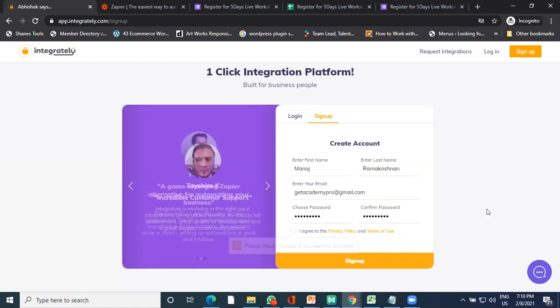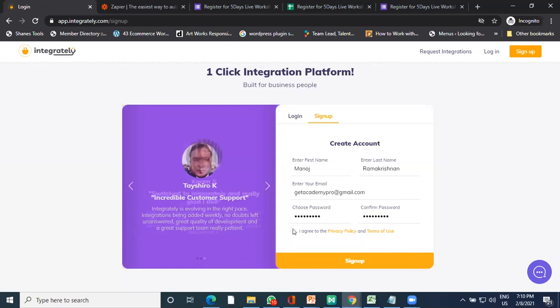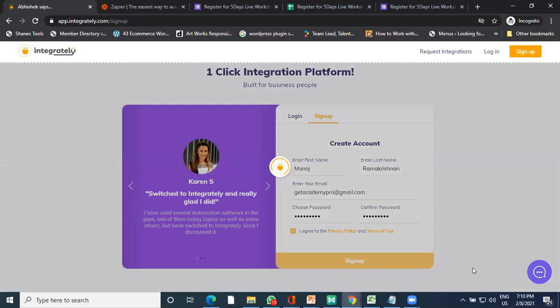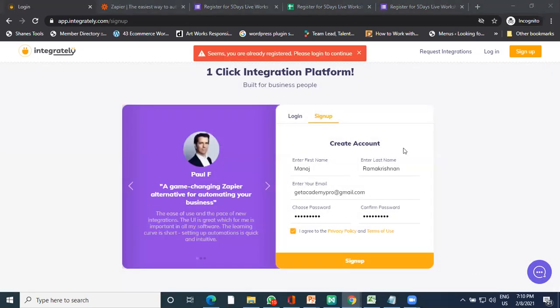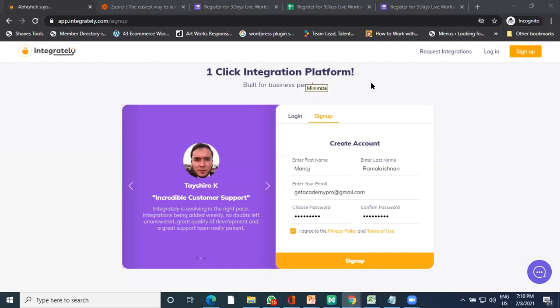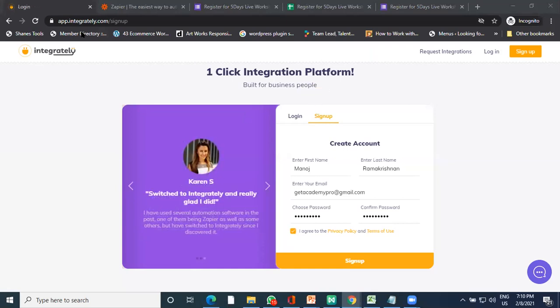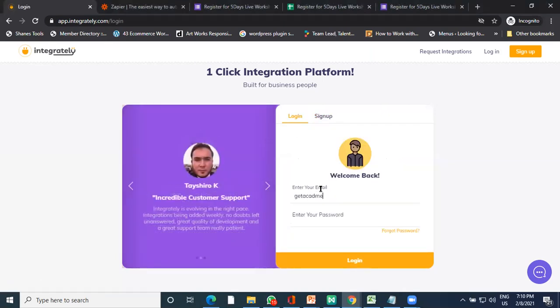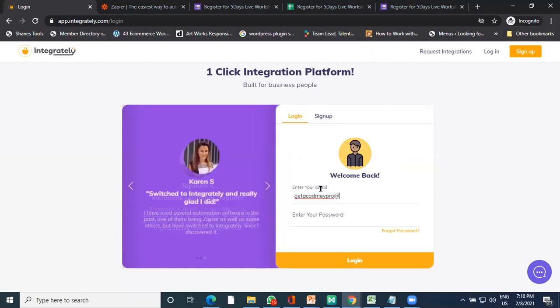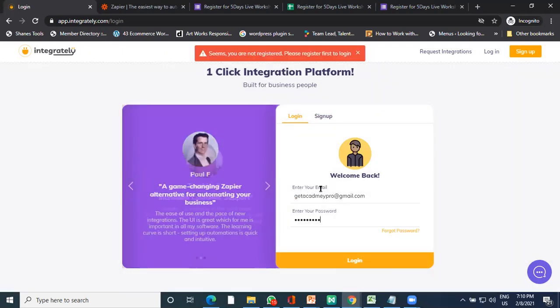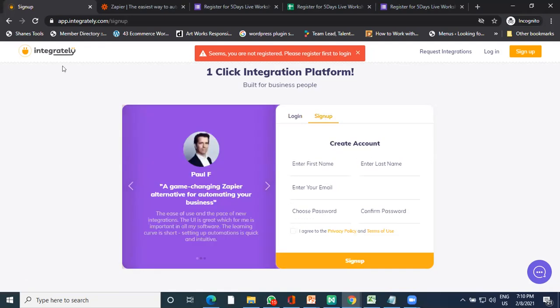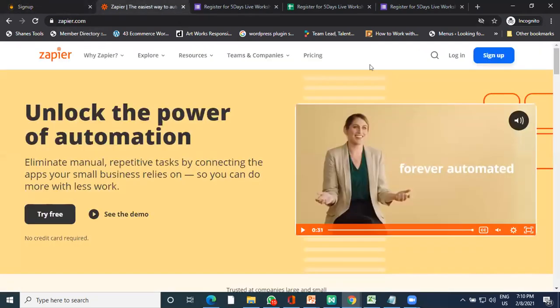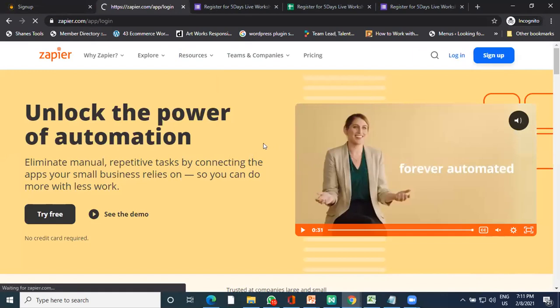Okay, so here we go ahead. You just need to agree. There's a small agree button, and you go ahead. Already exists, it says. Yes. I don't know, but yeah, I'll show you. It's pretty much simple. Both the things go the same way. With Zapier, I did it yesterday, so I suppose these guys should allow me to go in.